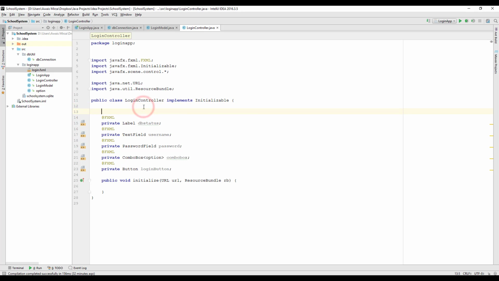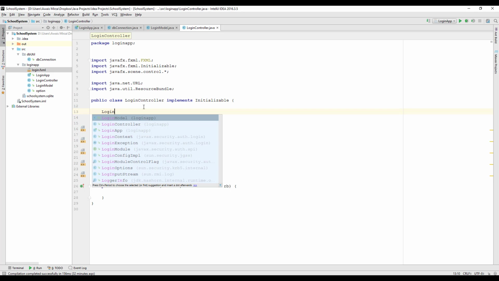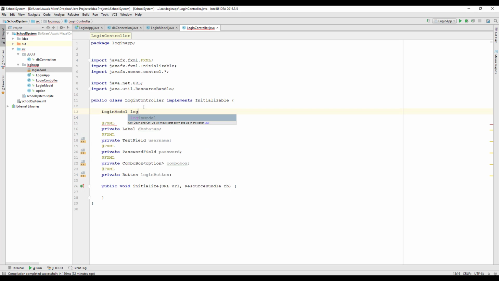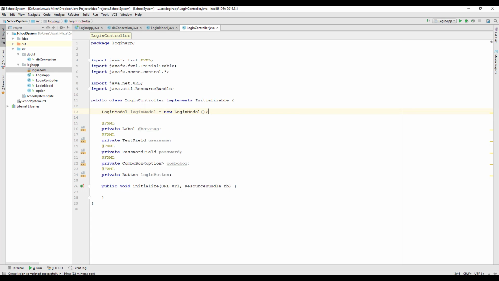I'm gonna create an instance of the login model class on the top. So login model, and we just say login model is equal to new login model on the top, so we can use that login model now. Okay, so inside our initialize method,